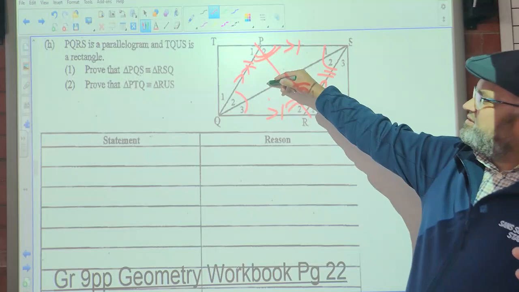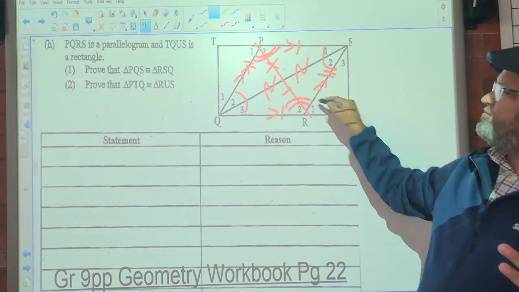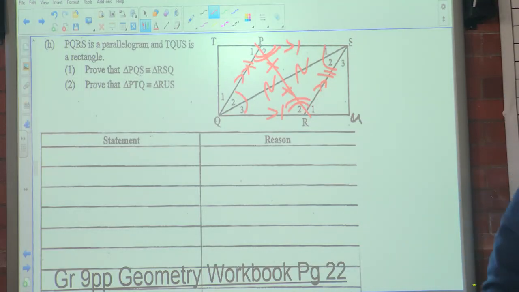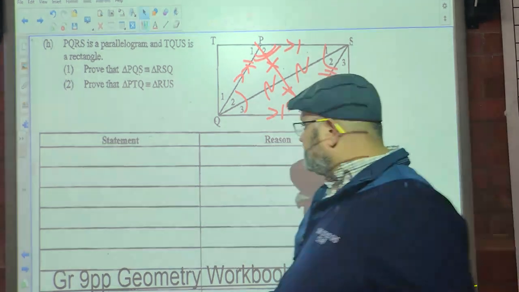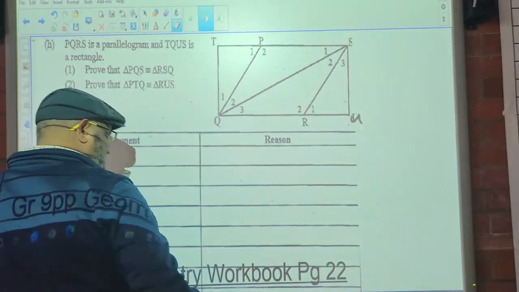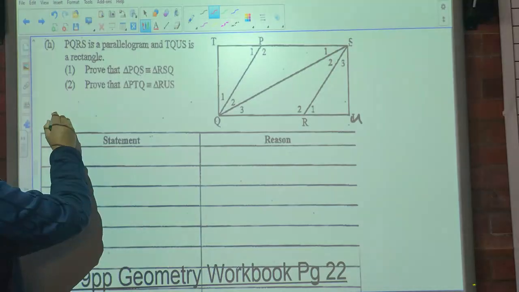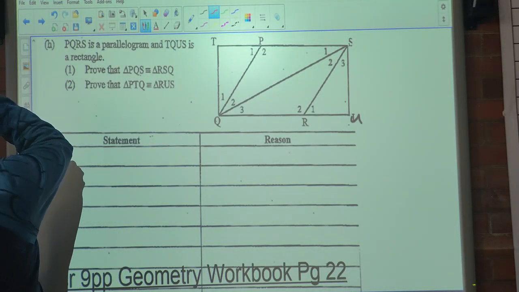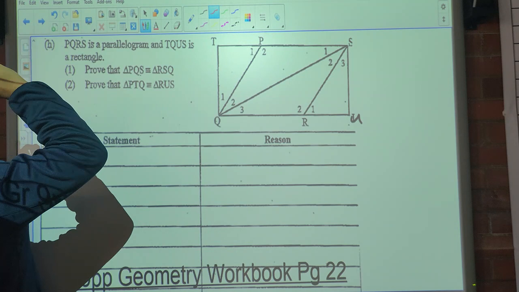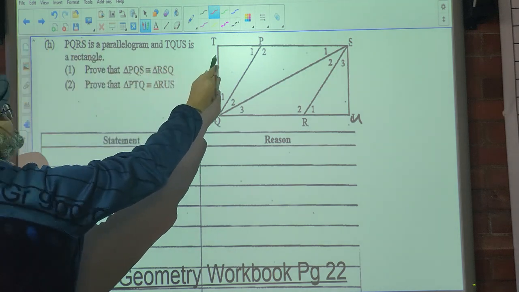Last one: diagonals bisect each other, which means the diagonals cut each other in half. Let's go with that. So that's a parallelogram. And TQ, so this is a